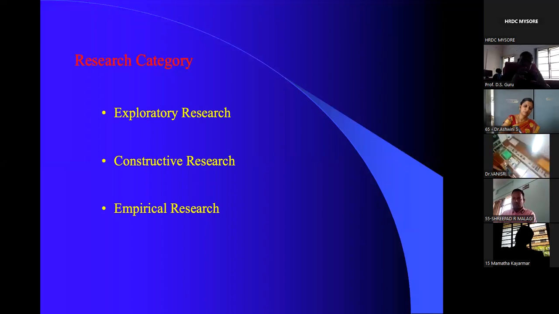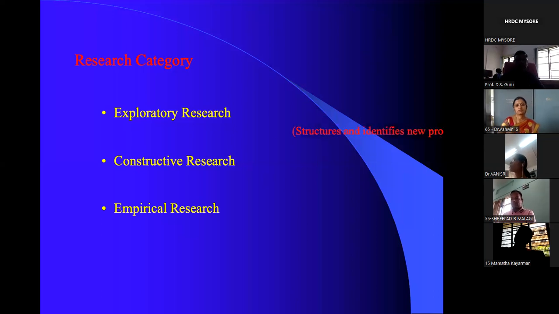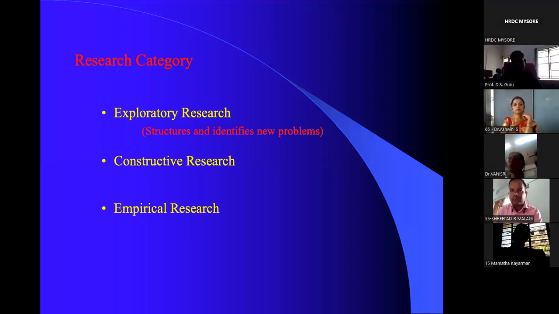Exploratory kind of research is the one where you explore many interesting avenues for researching. I mean, just explore the problems which are still unsolved. Try to find out problems which are unsolved yet. I mean, you just make a list of problems to be researched. So in exploratory kind of research, as the name itself indicates, it tries to structure and identify a new set of problems. Probably if some of you are from the background of mathematics, if not, you must have heard